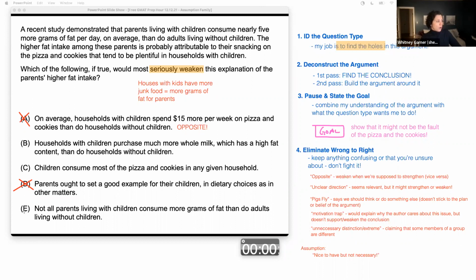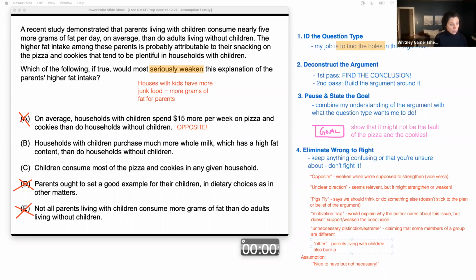There is one other one. We haven't seen an example of it tonight, but it's actually one of the ones that I think is easiest to spot. And this is the one that we would call other. Other would be anything that brings in a whole new argument, which in this case would be maybe saying something along the lines of adults, parents living with children